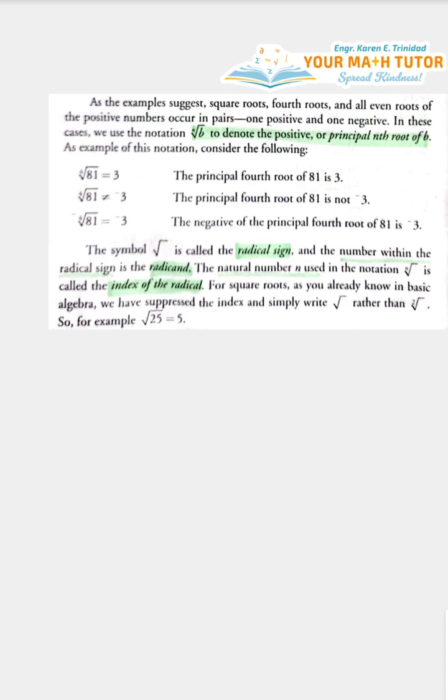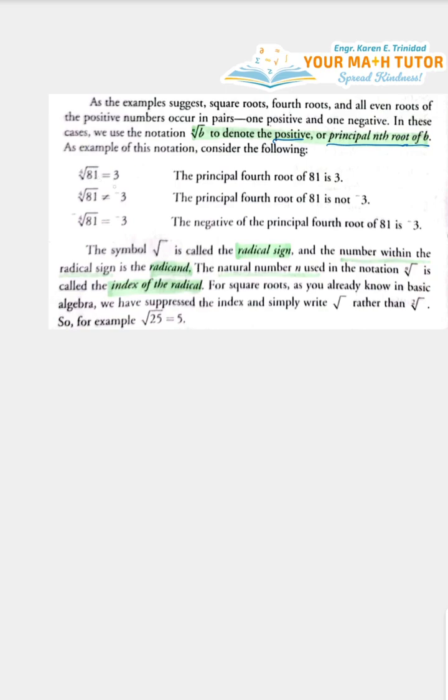As the example suggests, square roots, fourth roots, and all even roots of positive numbers occur in pairs, one positive and one negative. In these cases, we use the notation the nth root of b to denote the positive or the principal nth root of b. So we are going to use the positive for the principal nth root. So say for example,